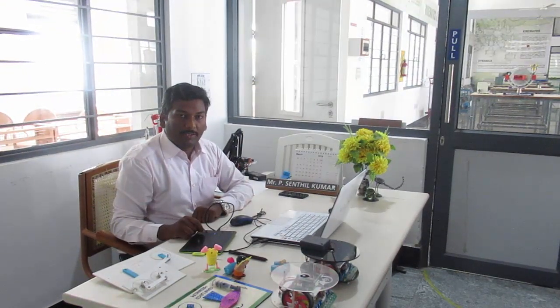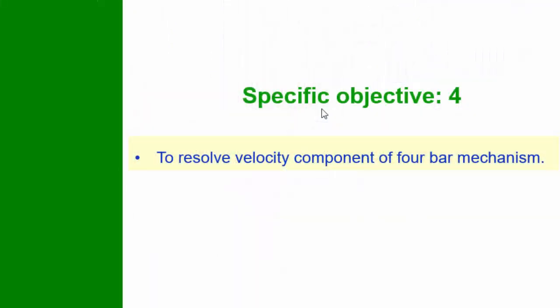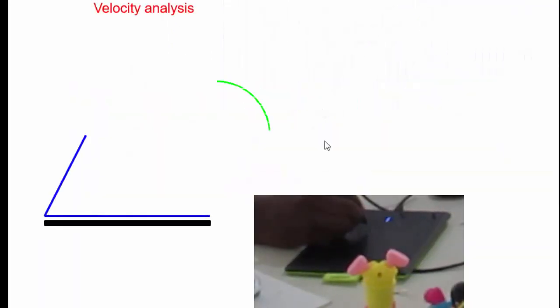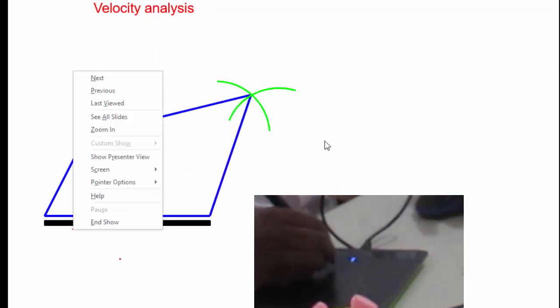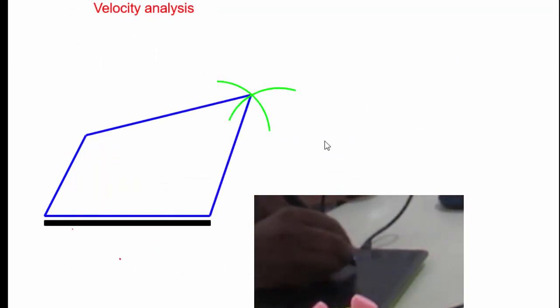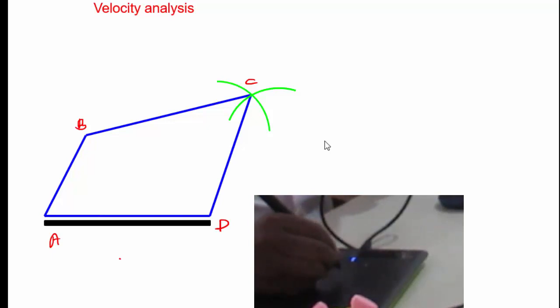The specific objective 4 is to resolve velocity component for 4-bar mechanism. Let us consider a 4-bar mechanism like this. A, B, C, D. Now apply law of relative velocity.